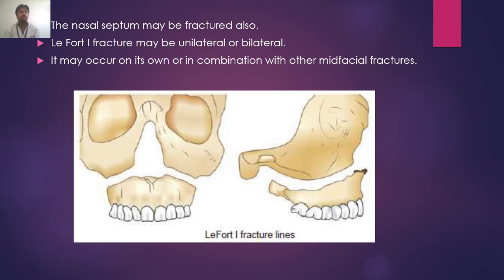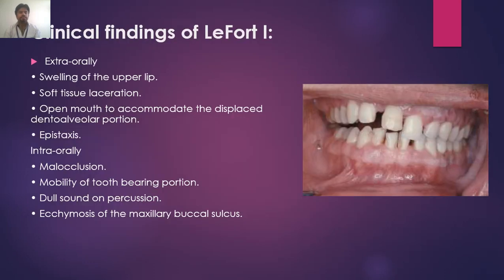The LeFort I fracture may be unilateral or bilateral. It may occur on its own or in combination with other facial fractures. As you can see, the diagrammatic representation of a LeFort I fracture. Clinical findings of LeFort I: extraorally, swelling of the upper lip, soft tissue laceration, open mouth to accommodate the displacement